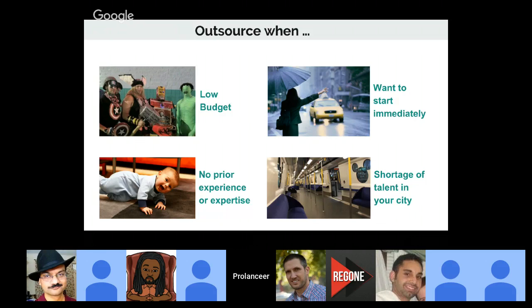Try to outsource it. And if there is a shortage of talent in your city, right? So if there are not enough engineers in your locality to help you get started immediately, or there can be a scenario like you have a lot of big companies, like in Bangalore, or I'll talk about Hyderabad. So Bangalore and Hyderabad have a lot of